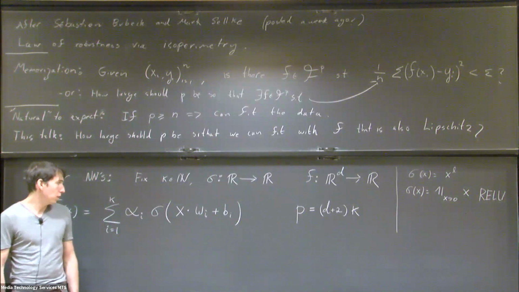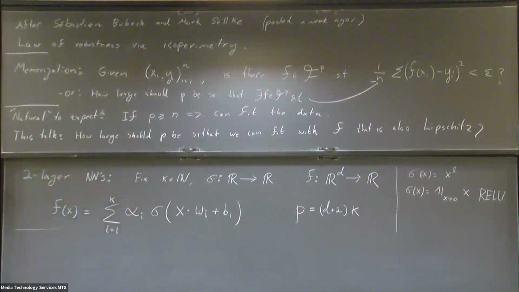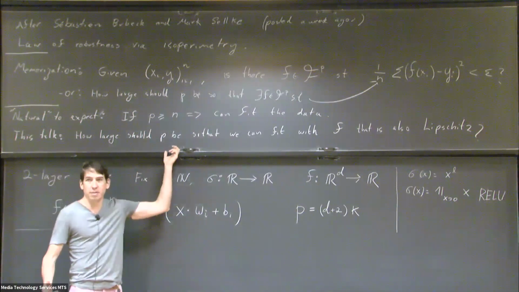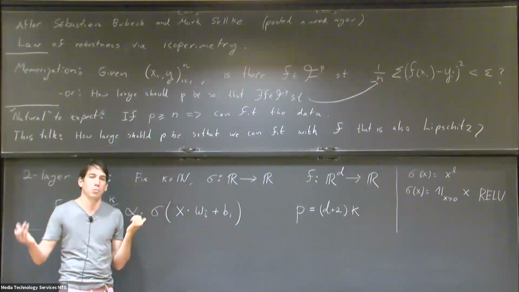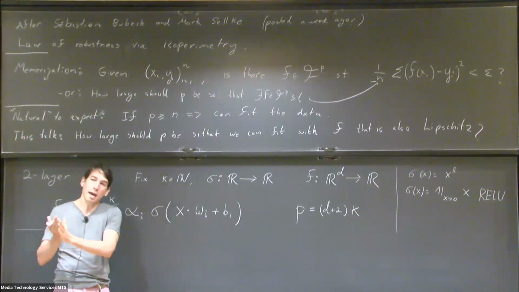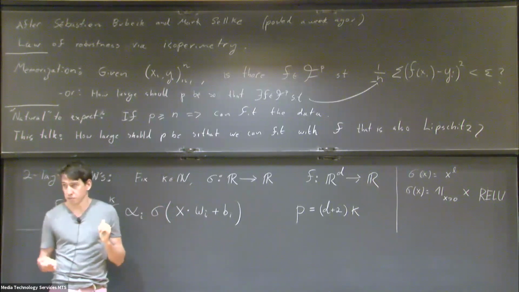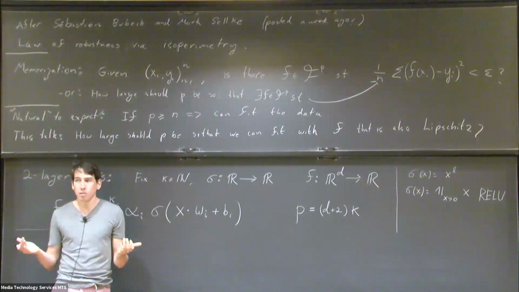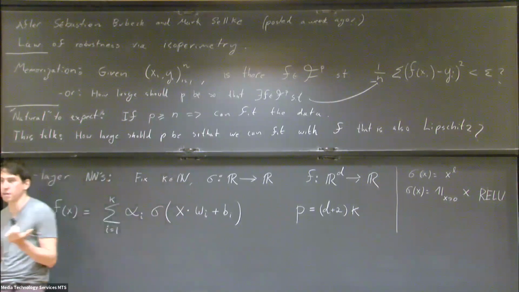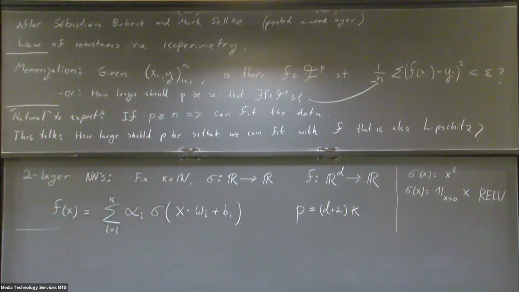Okay, so what I want to do now is give two very basic extreme examples, which are supposed to illustrate the trade-off between having more parameters than the minimal ones that we need to fit the function and making the function Lipschitz. So what I want to illustrate is that there is probably some phenomenon going on, so that